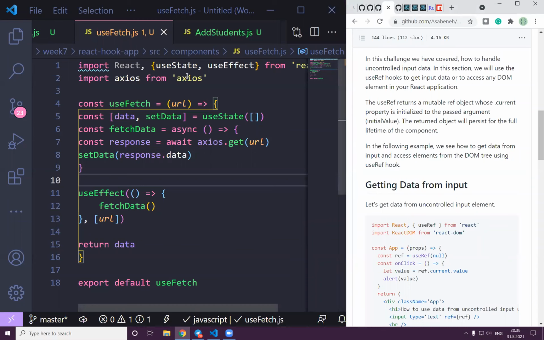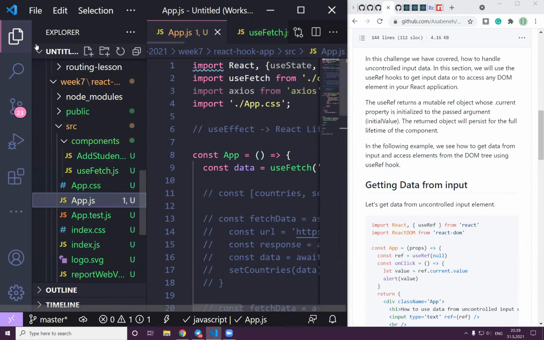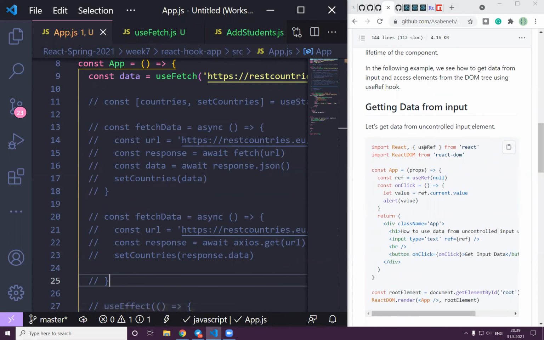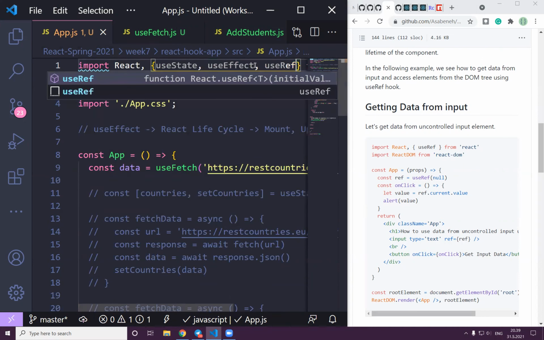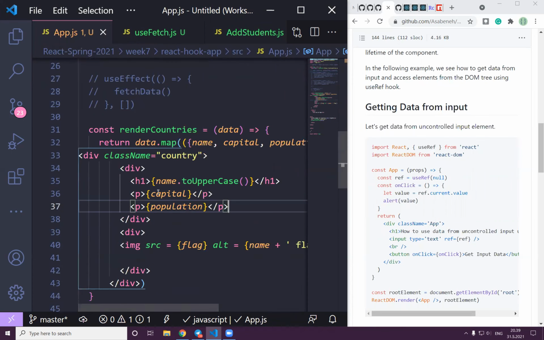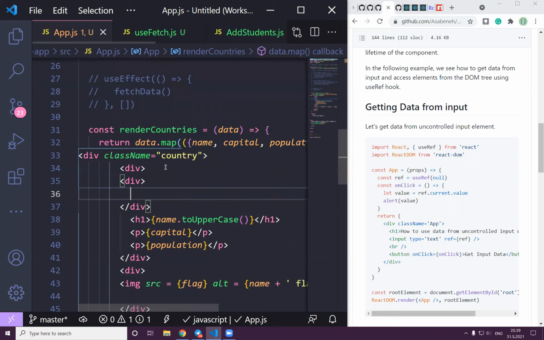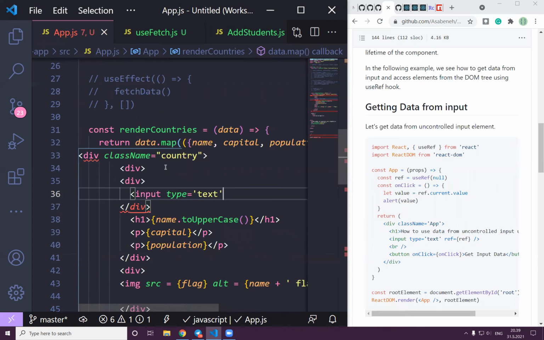We saw useState, useEffect, and now useRef. What is that useRef? I will show you how to use it. Actually, as you can see, this is how you import it. You can just go here, useRef. We use it to handle input data. For instance, if we have a div and an input of type text,